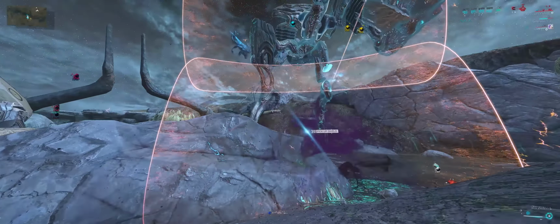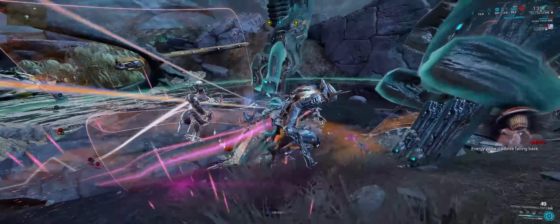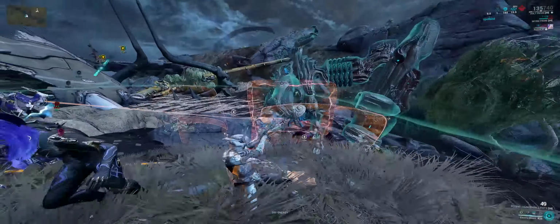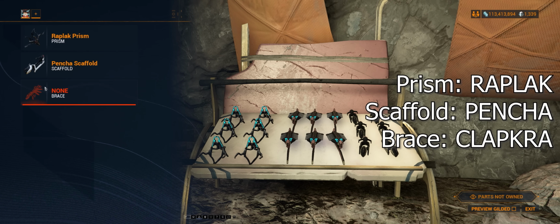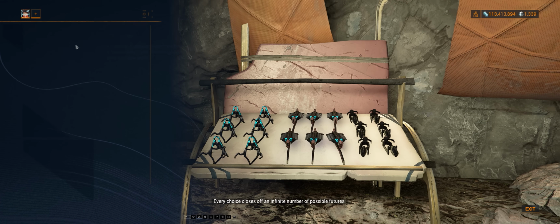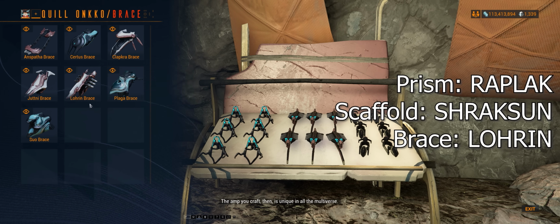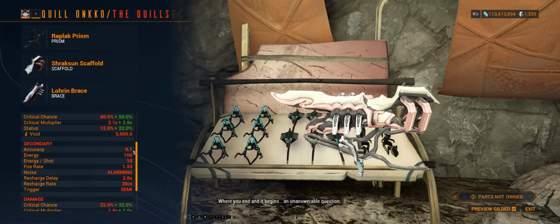For the people first getting into the hunt, you won't have the best amp. You have to start somewhere. So if you're going for a straightforward horizontal progression, I suggest starting off with a 1-1-1, which is the Raplak, Pencha, and Klapkra. Use that until you level up in the Onko standing to get a 1-2-3, the Raplak, Shraksun, and Lohrin. I highly recommend to go for this combination if you are a beginner, as you work your way